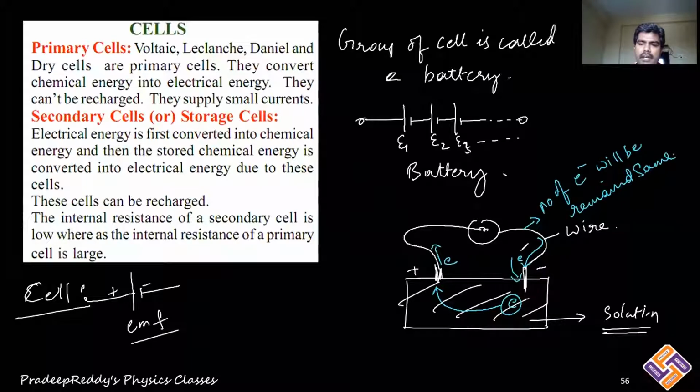So from this wire, if one electron is being pulled by the negative terminal, this positive terminal will supply one electron to this. As a result, the number of electrons at any particular instant of time within this wire will be constant. That's the reason how it will offer constant potential difference between two terminals of this particular wire.